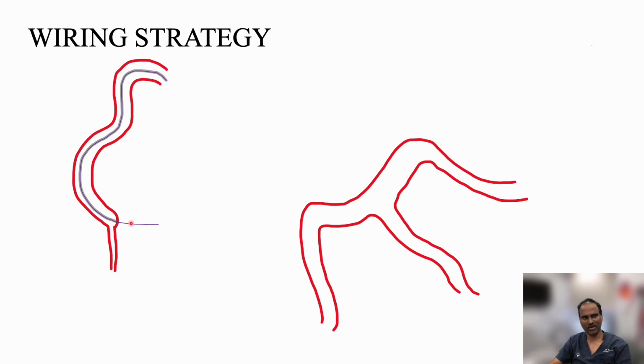Once the wire is gone, you confirm wire position in two views, that the wire is dancing with your microcatheter, and then you advance the microcatheter into the proximal cap, that is, embed the microcatheter into the CTO segment, and then